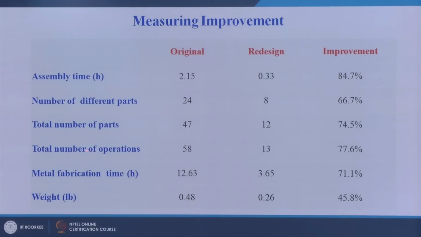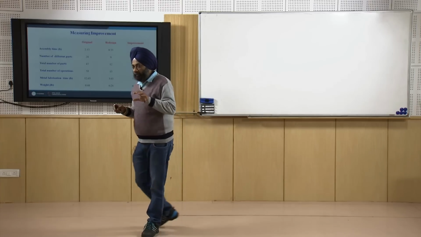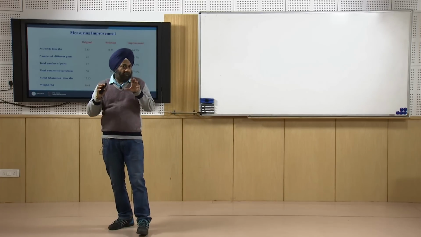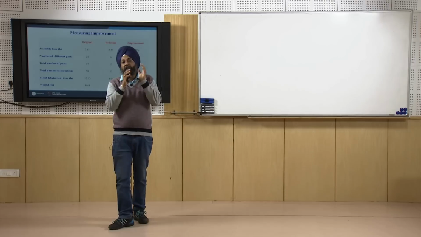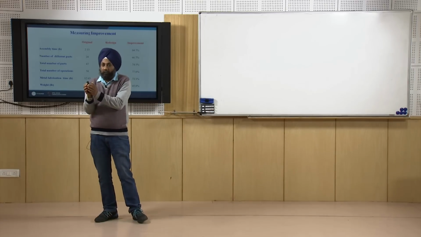Then the total number of operations: in the original there were 58 assembly operations, in the new design only 13 assembly operations. So metal fabrication time is also reduced by 71%, and weight is also reduced by 45%. So you can see that by following a simple design guideline, that is, for an easy to assemble product, we should have